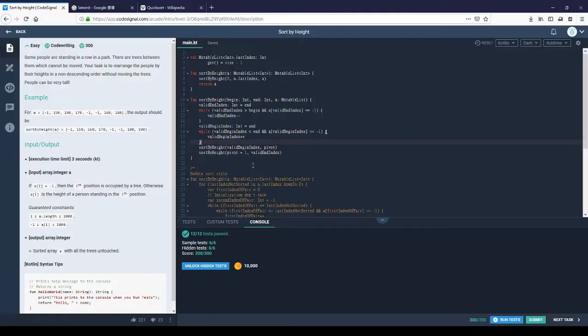So if we simply swap the item in between, it is going to be,